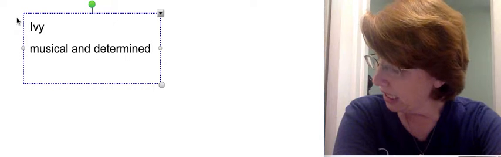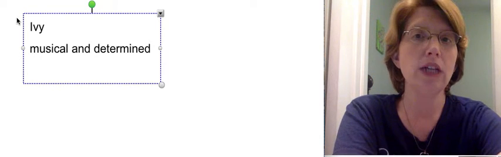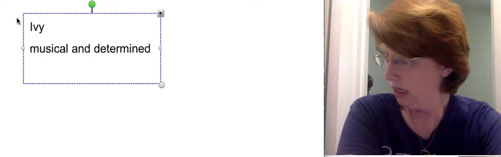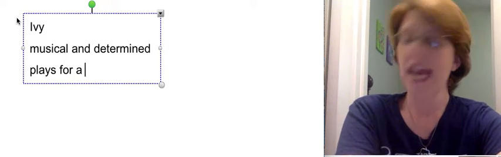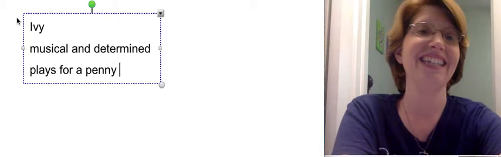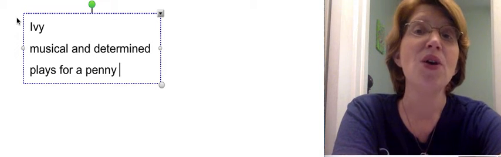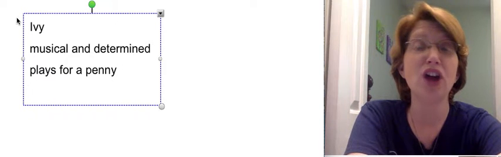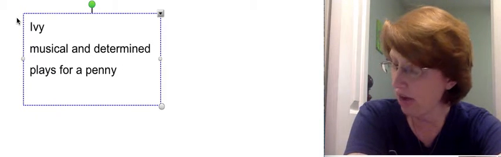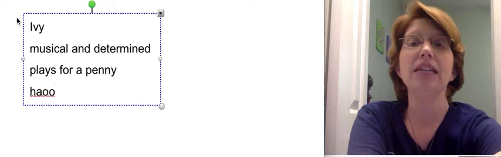And then what's my verb? What is she doing? She plays for a penny. That's what I put. She plays for a penny. Because that is pointing us back to Fernando, right? Now, how does she play? I put happily